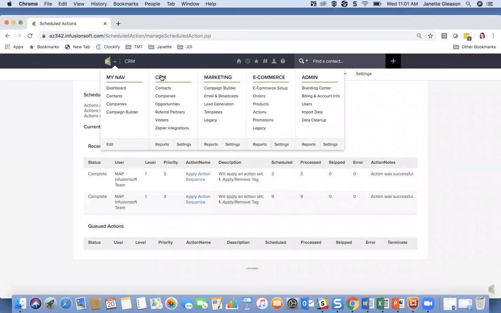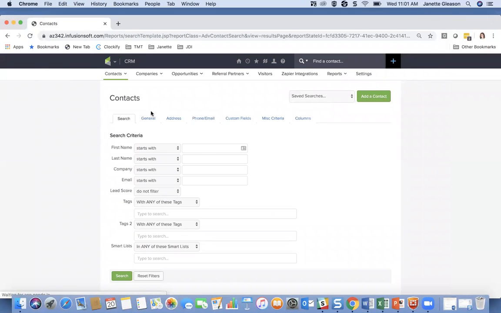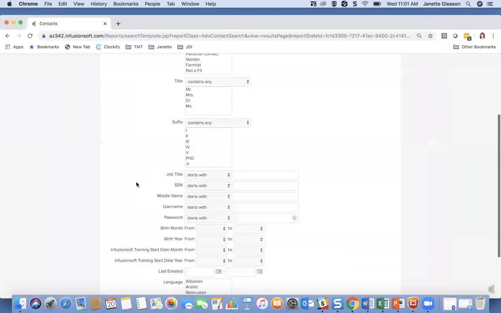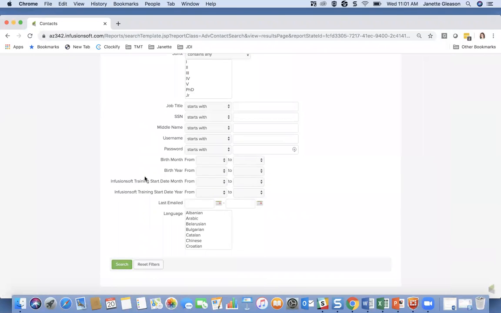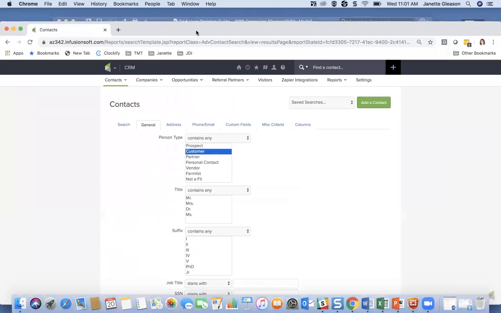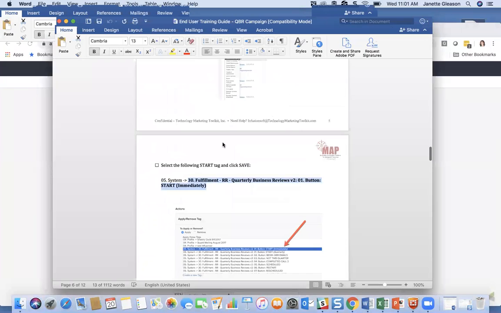Now I'll go back to my CRM contacts. I'll do a search, go to my General tab, and again select my customers. This time, this will pull up the entire list of my customers. If I want to exclude anyone who is active in the QBR campaign,